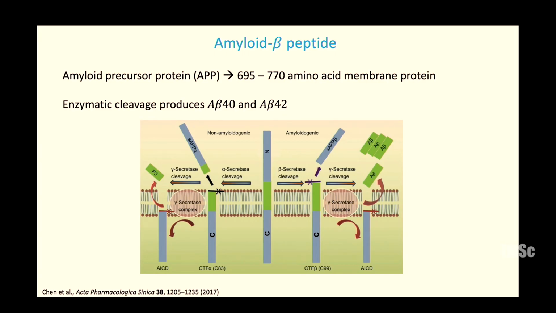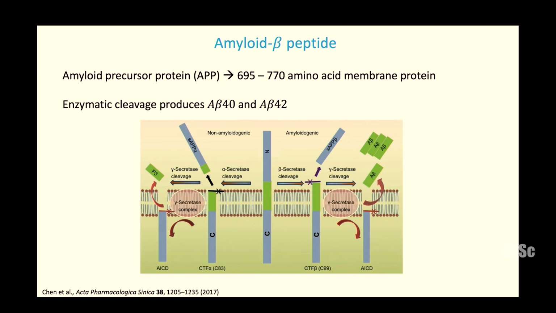And these proteins are subjected to enzymatic cleavages through various enzymes. Again, these cleavages are required for some normal biological functions. But once in a while, there is a mistake at the cleavage point, and that leads to the formation of an amyloid beta monomer, which seems to have some harmful effect. For example, on the left hand side, this is the right enzymatic cleavage. You have this APP here, one particular enzyme cleaves at this point, and this is released, and another enzyme cleaves at this point, and this gets released. So this is a normal